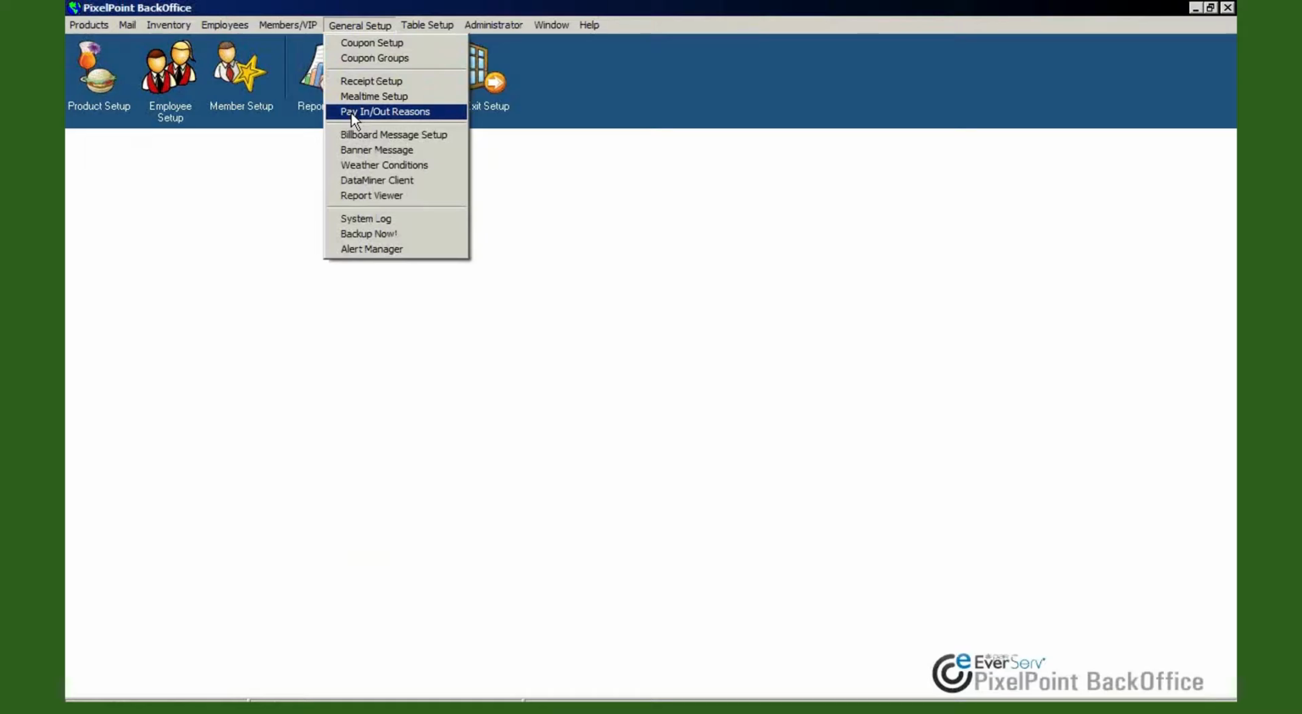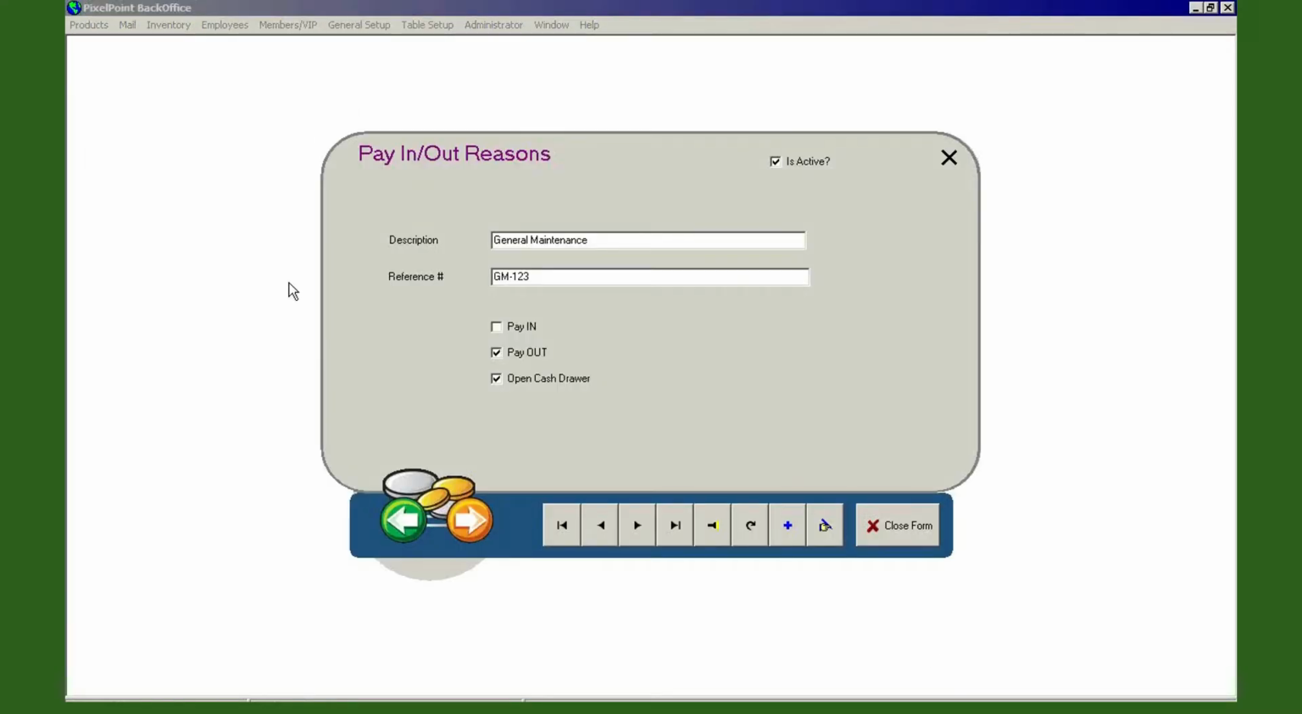Okay, coming down next, we have pay-in and pay-out reasons. Now, a pay-in is money being submitted into your till that's outside of the realm of a transaction. A payout is money being removed from your till outside of the realm of a transaction. And if you are going to allow servers to be able to do that with their tills, then you need some form of record keeping in terms of determining why that money was brought in